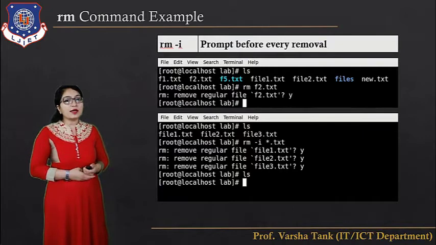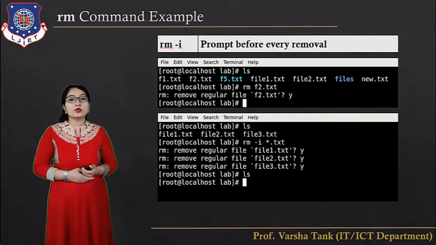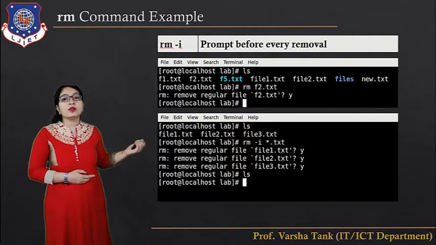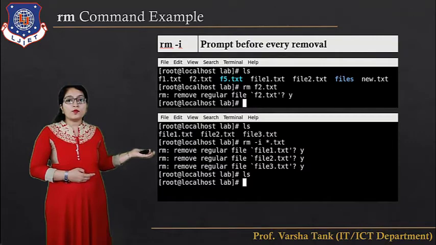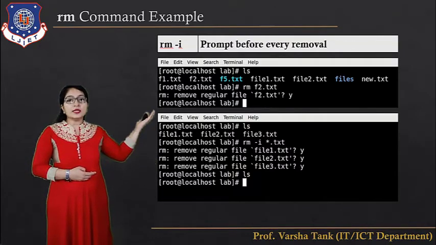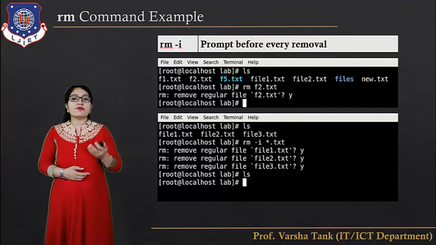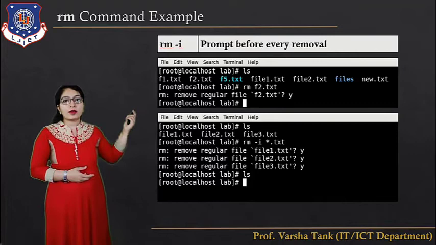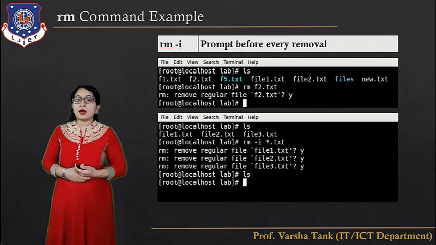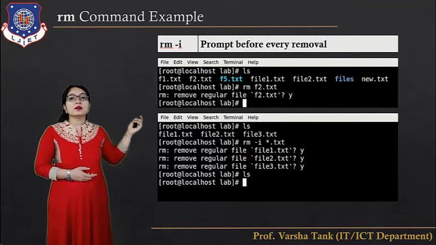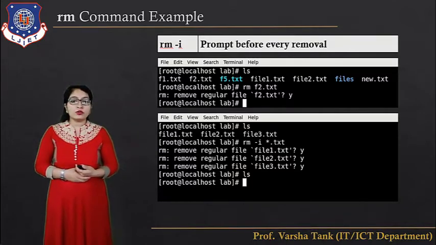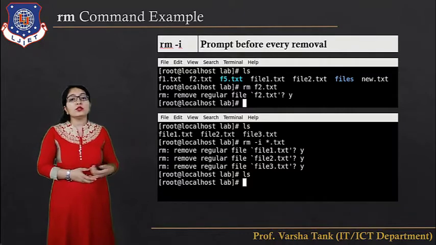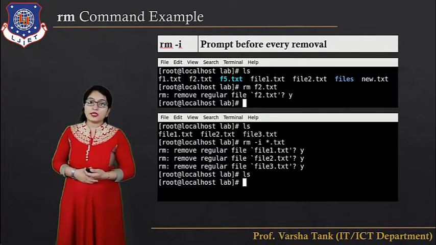Okay, so here rm -i, that is prompt before every removal. If you write rm -i, it will give the prompt for each and every file. Here in this figure you are describing ls, f1.txt, f2.txt, whatever files exist are shown after the ls command. And rm -i f2.txt, that means it will give the message asking if you want to remove this file, so you have to type y and it will be removed. And after this if you do ls, f2.txt is not there.